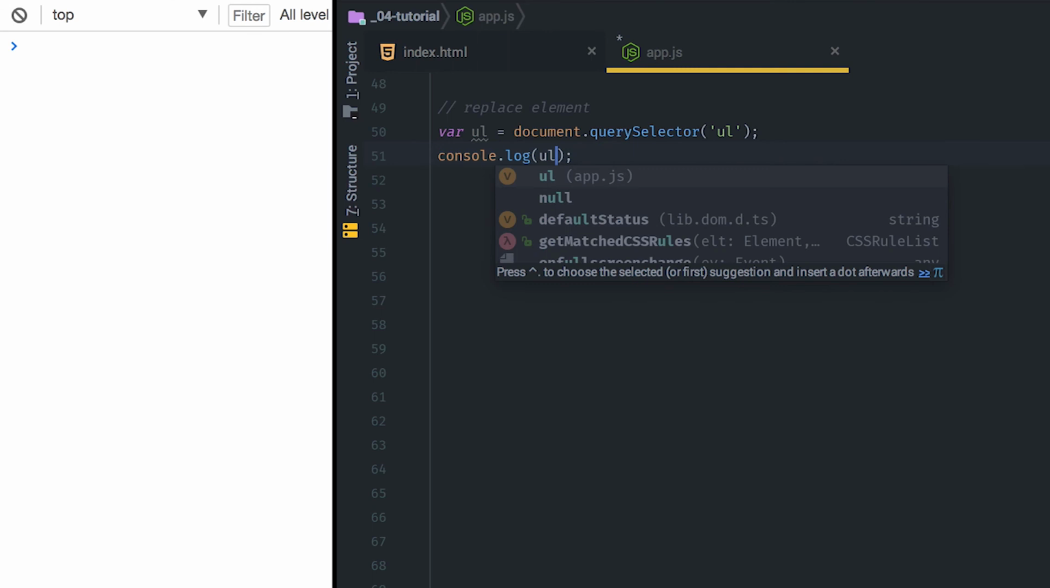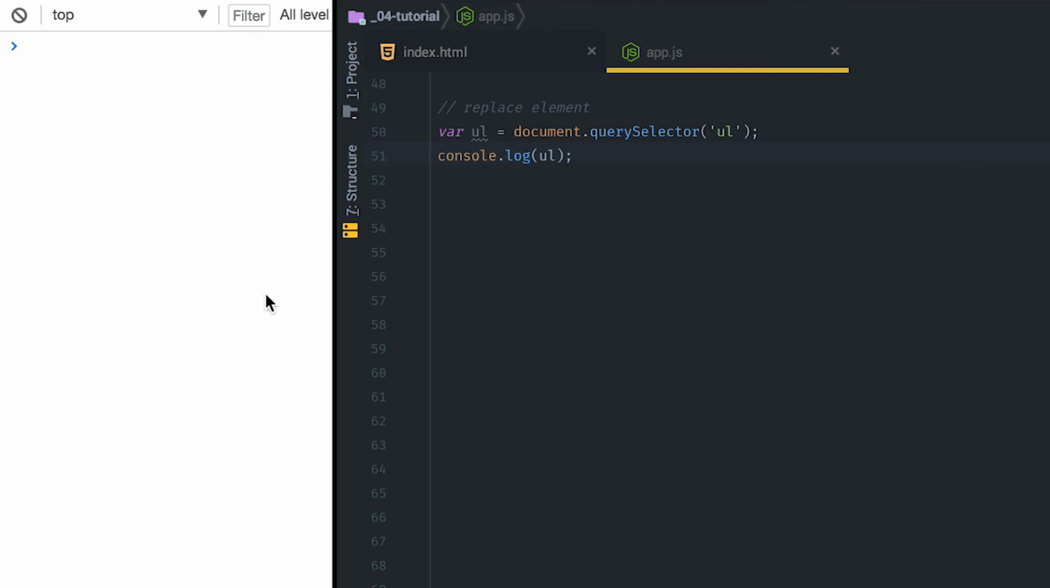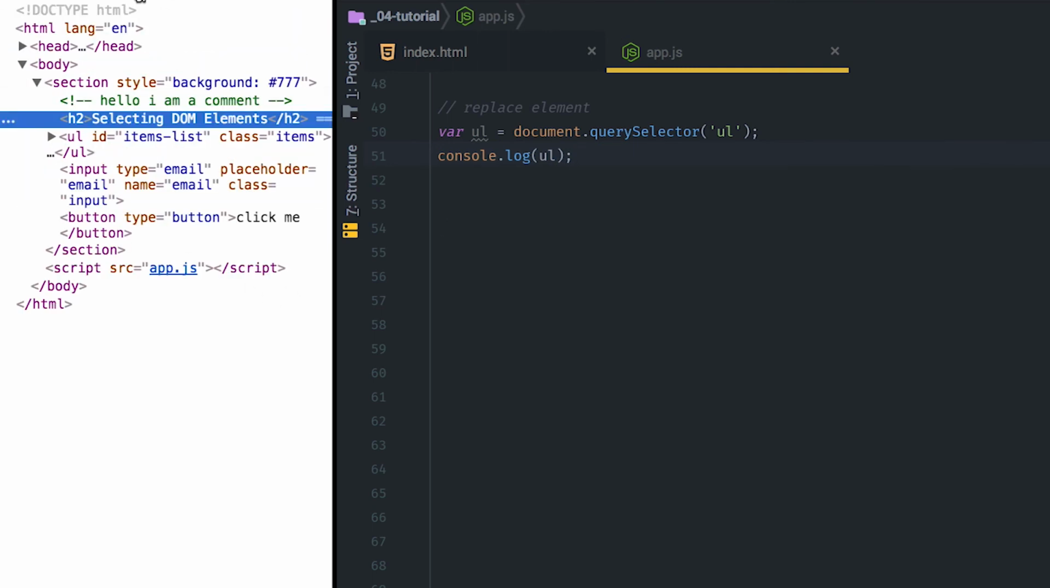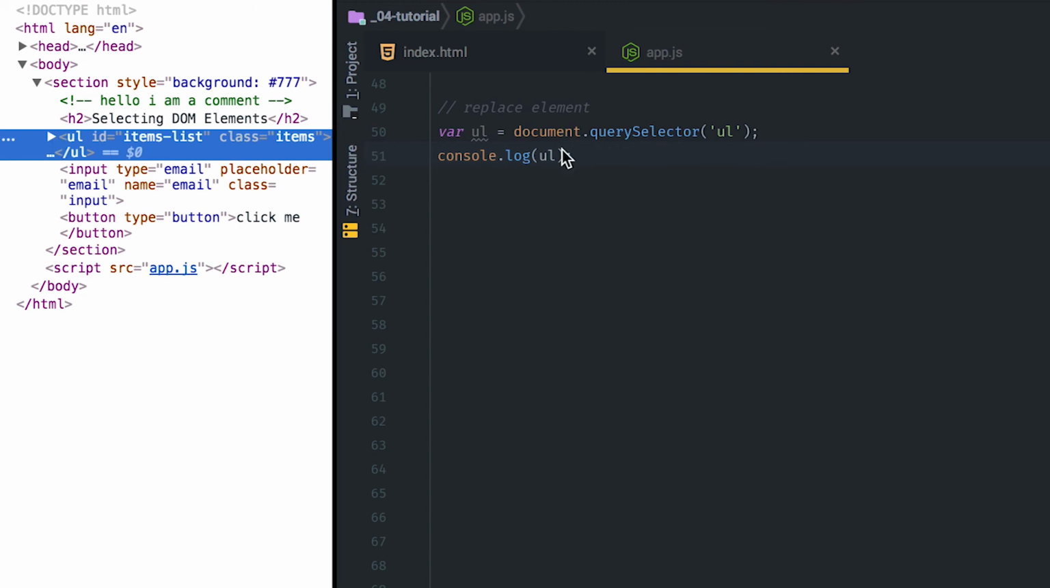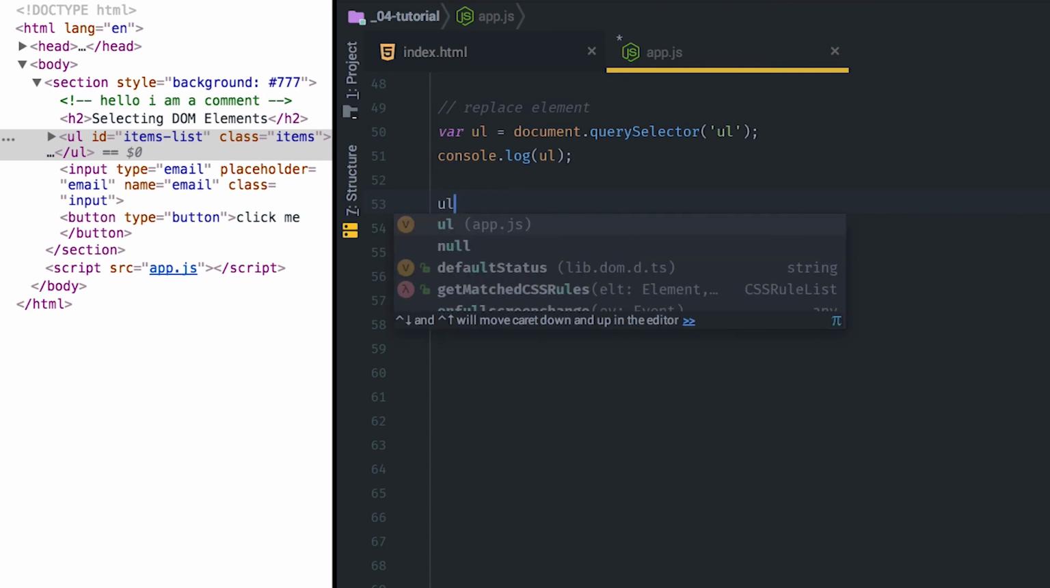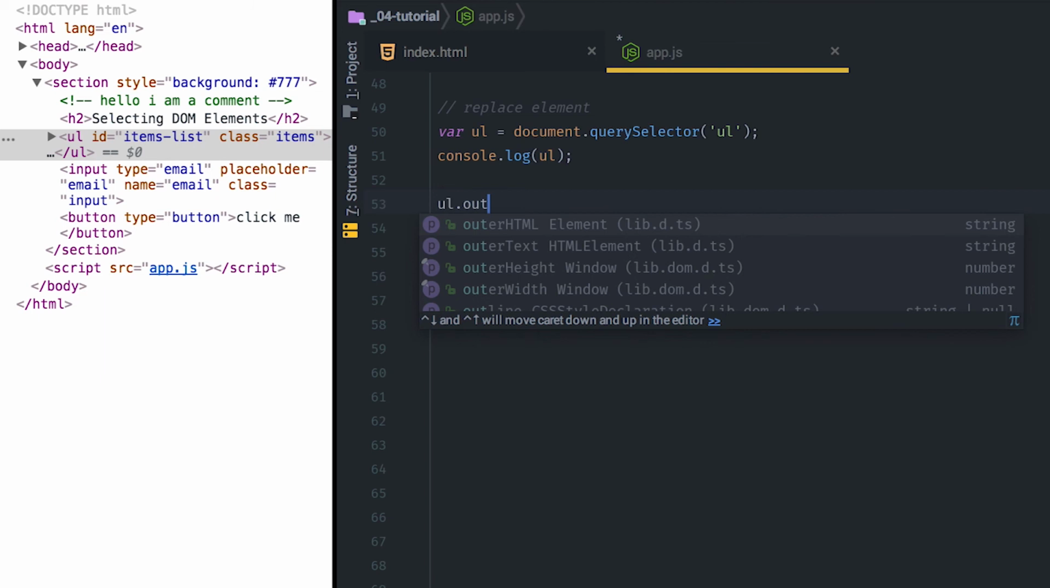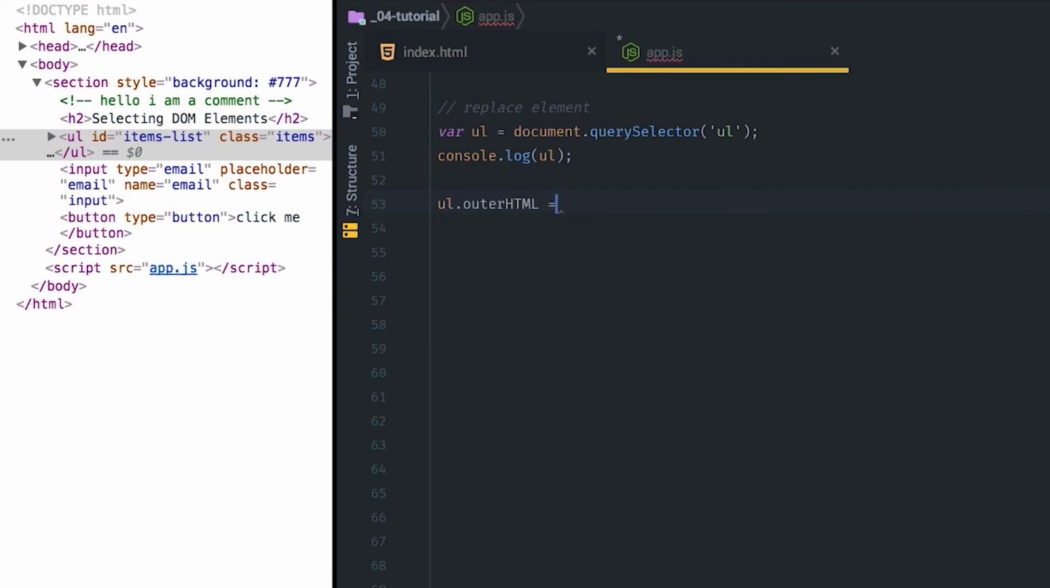Nothing else, here is the only one on the page. If I print it out, I got the UL right here. If I look at HTML, it is this guy right here. So I'm gonna be replacing it with, for example, a paragraph saying I am the replacement. So to go about replacing an element, you call it, and then you call outer HTML on it. The outer HTML is a read and write property. Actually, you can call it, and for example, if I log this out and refresh